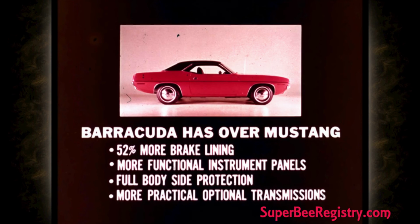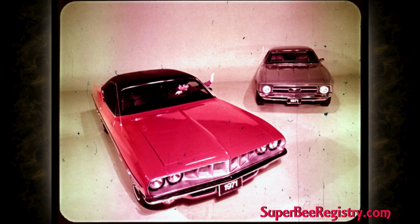Barracuda's advantages over Mustang continue, with 52% more brake lining area for surer braking and longer lining life. More functional instrument panels that give the driver more information without taking his eyes off the road. Full body side protection with moldings that run the entire length of the car. More practical, optional transmissions that keep you in the proper gear. Mustang still has its nameplate, but that's not enough. The way Barracuda's coming through today. Chrysler Plymouth, coming